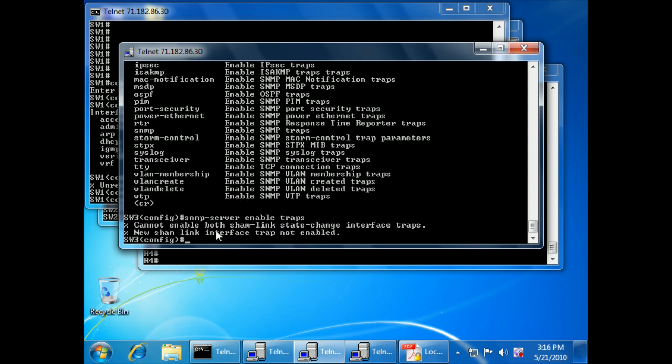But it says I cannot have both sham link and state change interface traps, so it took one of them off. So that's what you get when you hit enter like I did. It was trying to put every single one of these things in there, which was probably just a little bit too much. And then the next part is the SNMP Server trap,